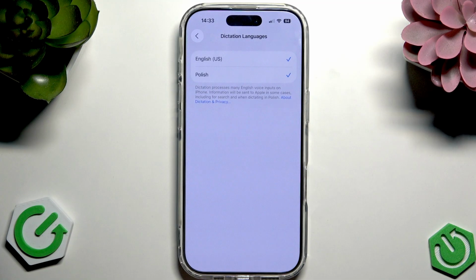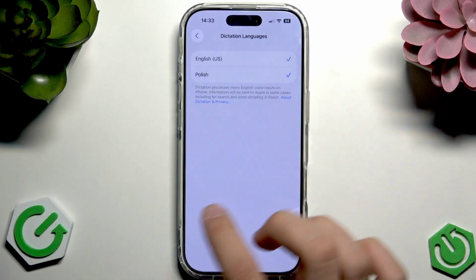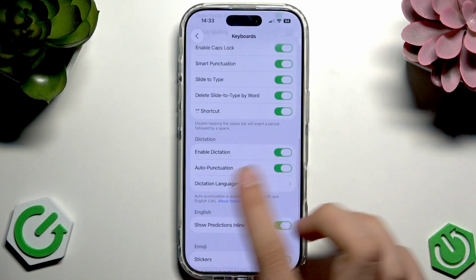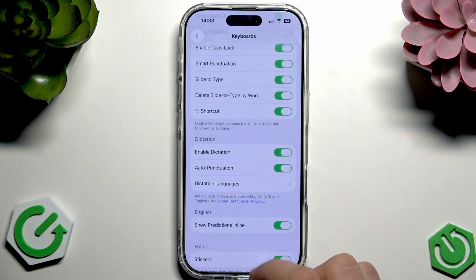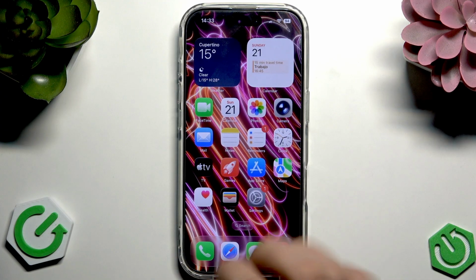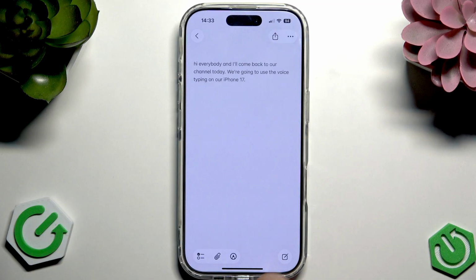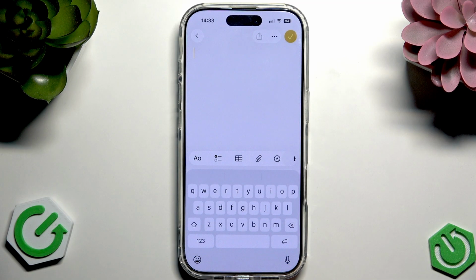Here if you tap dictation languages, we can set the language of our dictation. We can enable the auto punctuation too. And now if you enter notes, for example, new note, and tap this microphone icon in the bottom right corner,